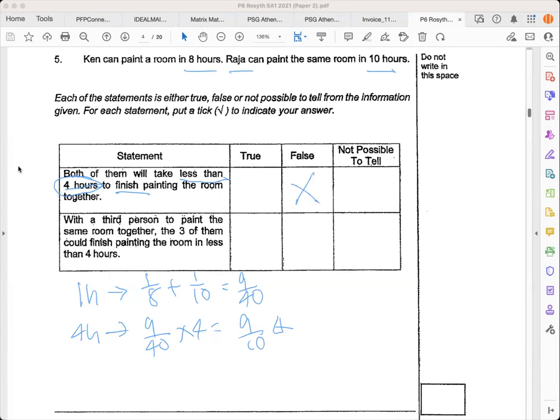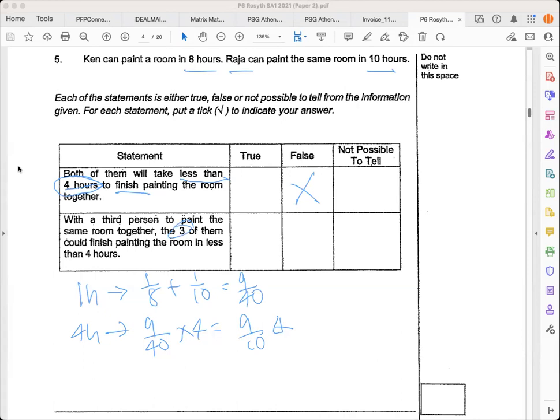So with a third person to paint the same room together, the 3 of them could finish painting the room in less than 4 hours. This is not possible to tell. It depends on the third person. If the third person is super hardworking and very fast, likely it will complete the room because you left 1/10